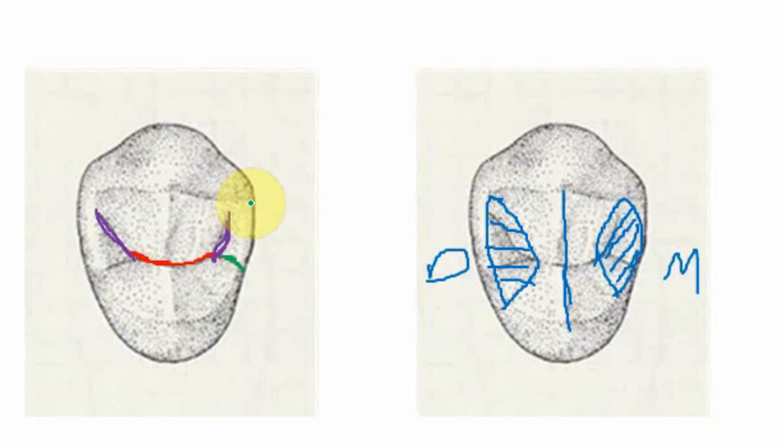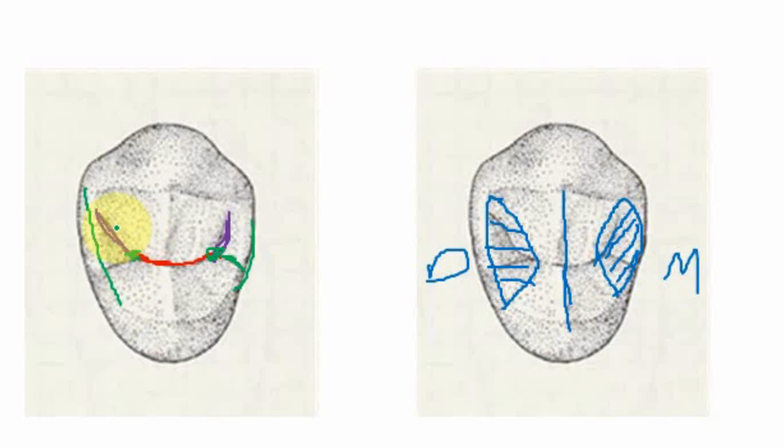So the mesial marginal ridge is notched by the mesial marginal developmental groove, while the distal marginal ridge is smooth and devoid of any groove. Finally, there are the mesial and distal developmental pits. At the junction between the central groove and the mesobuccal developmental groove, there is a pinpoint depression called the mesial developmental pit, while at the junction between the central groove and distobuccal developmental groove, there is another depression called the